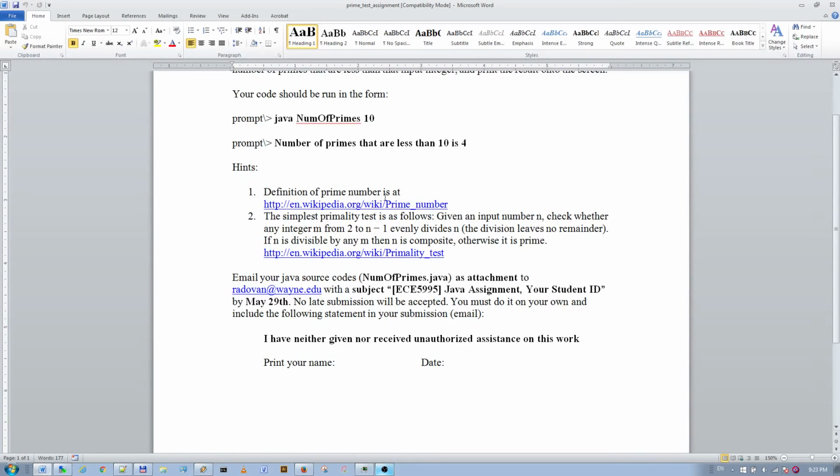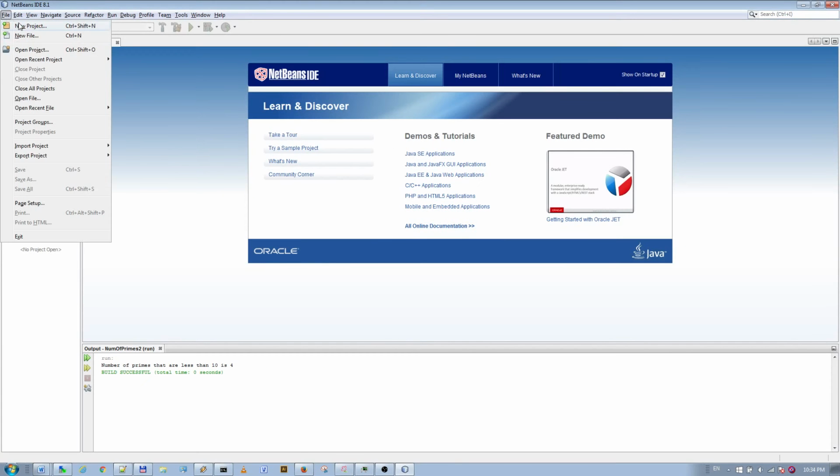And the definition of prime number is given in Wikipedia page, and the simplest primary test is given in here and also described in Wikipedia page. You will send your code to my email address, and you will put the subject line Java assignment, your student ID. So new project,